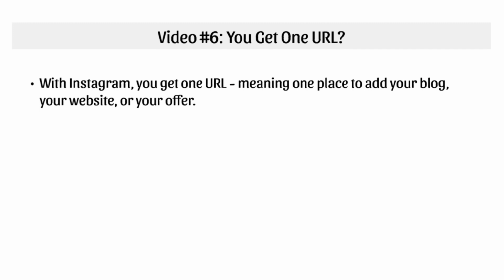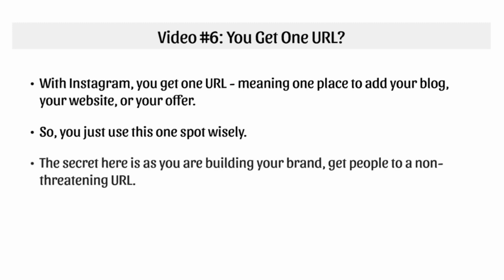In this particular video, I'm going to talk briefly about the concepts, the fundamentals, and then I'm going to go to Instagram.com and I'll show you what we're looking at. All right. So with Instagram, like I said, you've got to choose one spot wisely, right? Now, the secret here is because you're trying to build your brand and your lifestyle, the ideal place to direct them to is just your website, which could be your WordPress site. And then on your WordPress site, you have your blog, your website, and your offers all on that particular site.